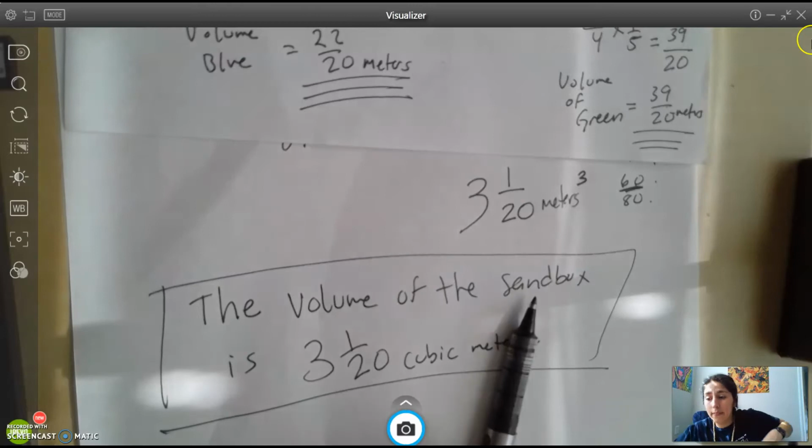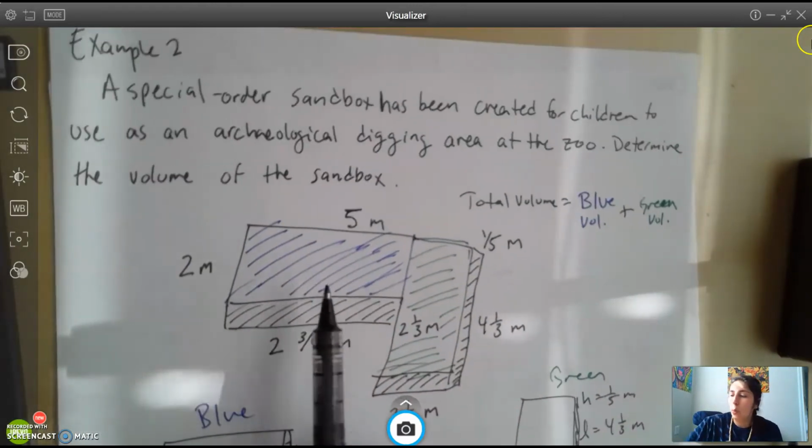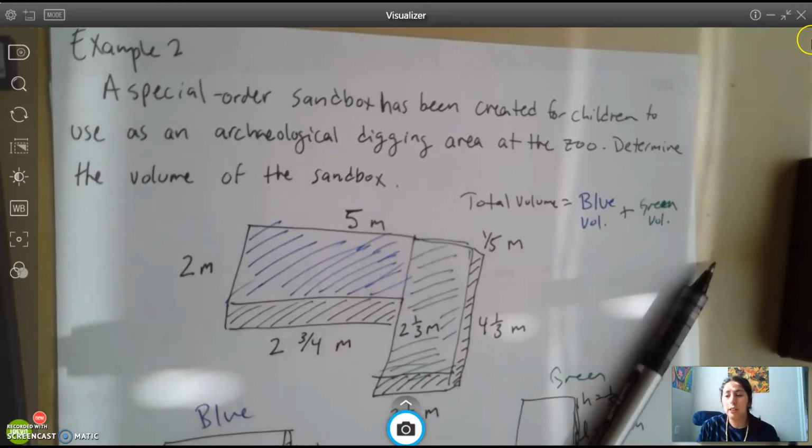So to review, with composite figures, we break up the composite figures into separate shapes. We find the individual volumes, and then we bring them together using addition. All right, so you're going to go back to the